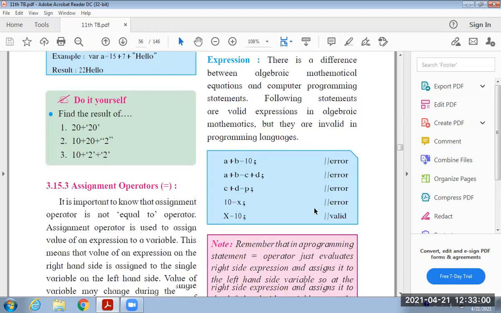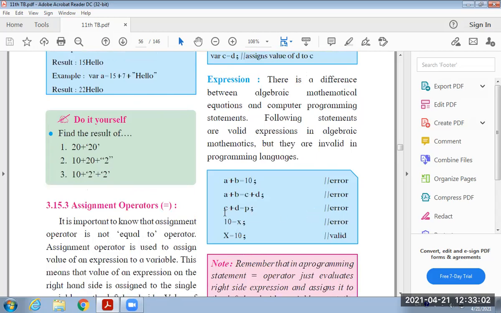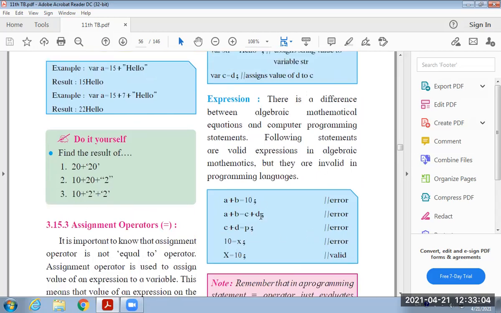The next one is the expression. In general, what we do in maths also, we specify such type of values. Mathematically, these constructions are correct, but in a computer, such type of constructions will display an error.